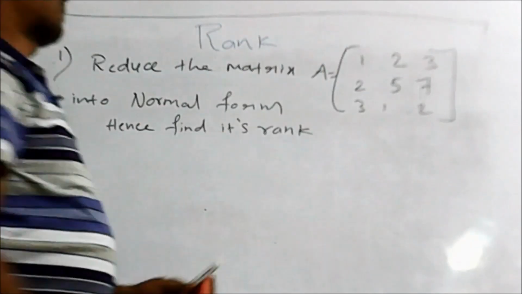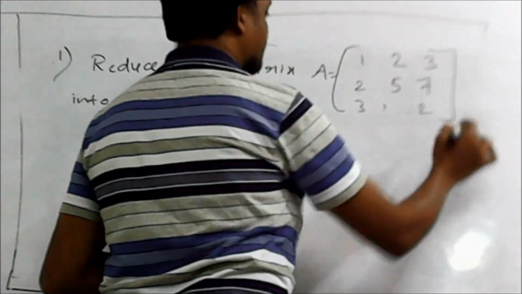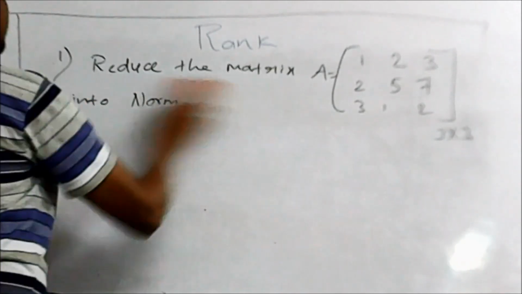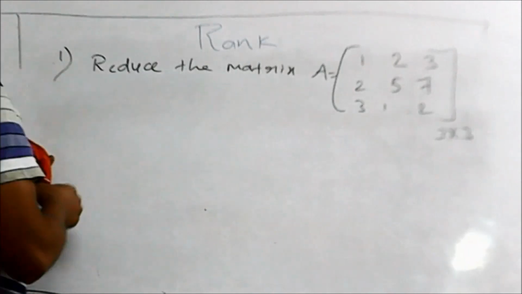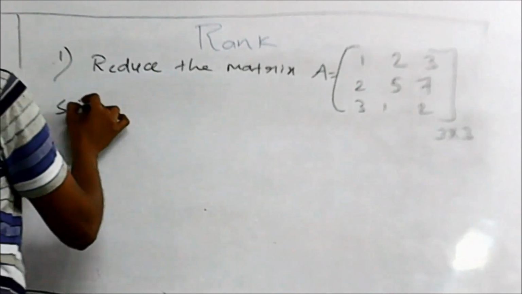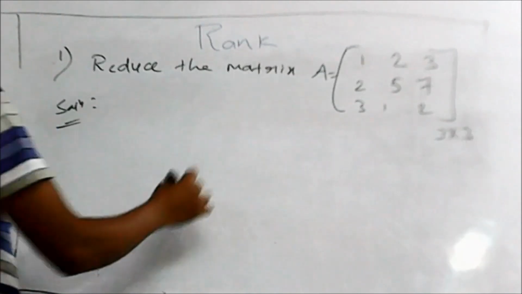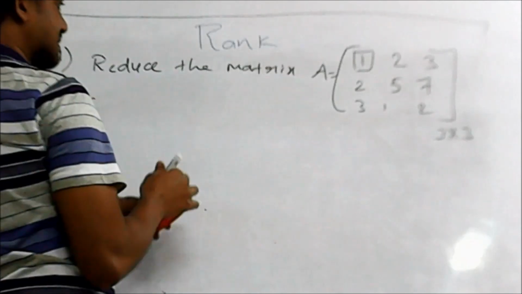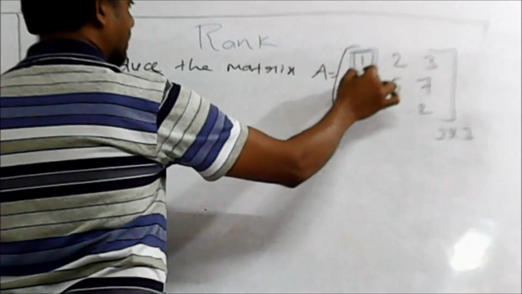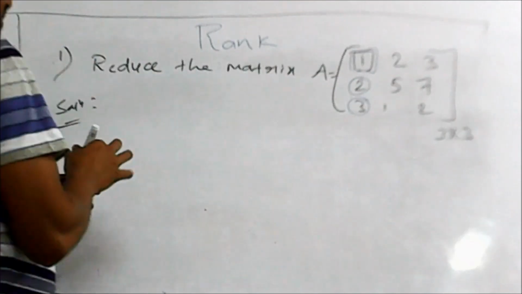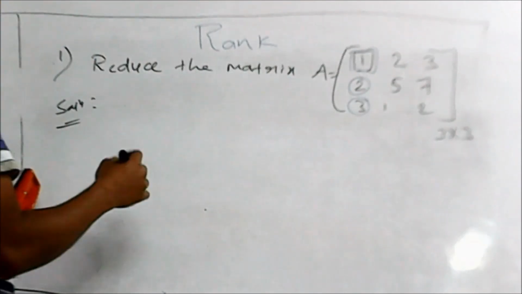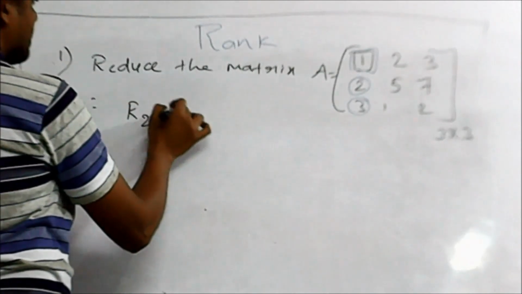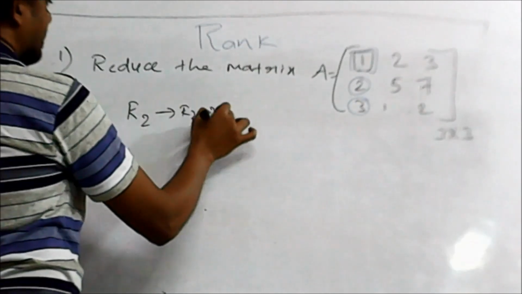Right? Here we consider only 3 cross 3. Already this problem is solved through row echelon form. So the approach is: the solution starts with row echelon form only. We need to choose the first diagonal. You write the given matrix A, then apply the operations: select the first diagonal and make the remaining entries zeros, like in row echelon form, the same approach. But after that, you need to convert into IR 0 0 0. So the first operation is R2 is R2 minus 2R1,